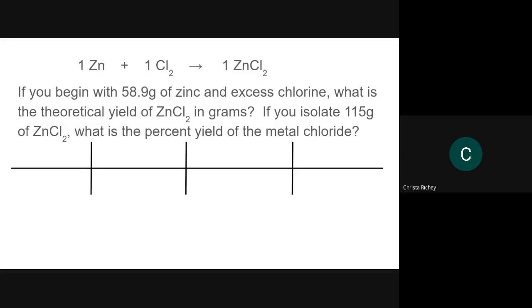So, all right, if you begin with 58.9 grams of zinc, okay, excess chlorine means chlorine is not part of the problem. What is the theoretical yield of zinc chloride in grams? And then secondly, because this is a percent yield, the answer to this is my theoretical. This is my actual. So this is going to be 2 different ones. So excess chlorine is not important. I wonder if I did the percent yield part on the, I bet you I didn't. I may have to drag that into, here, let me